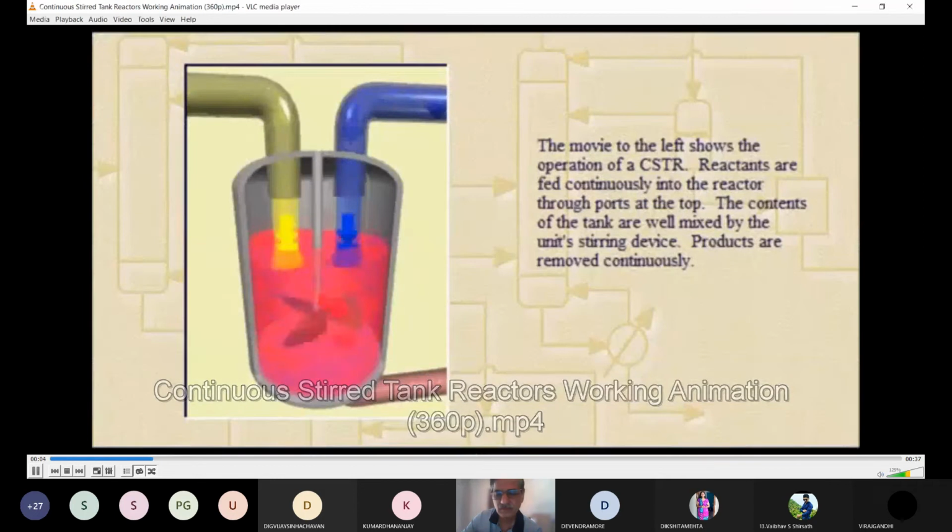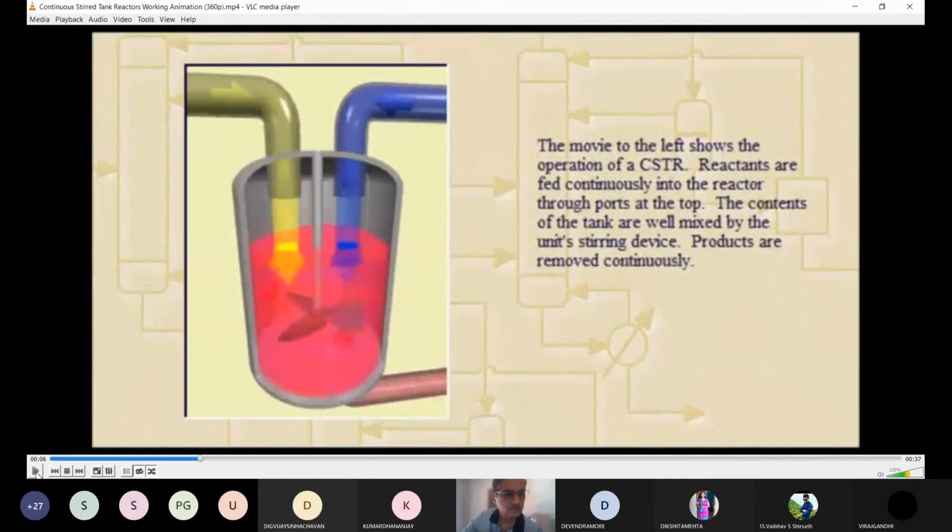Continuous stirred tank reactors are open systems that operate on a steady. See this? दिख रहा है क्या ये वीडियो? हाँ सर दिख रहा है।